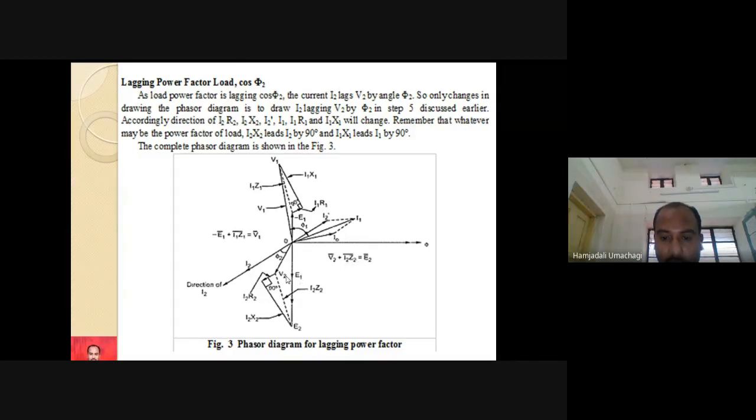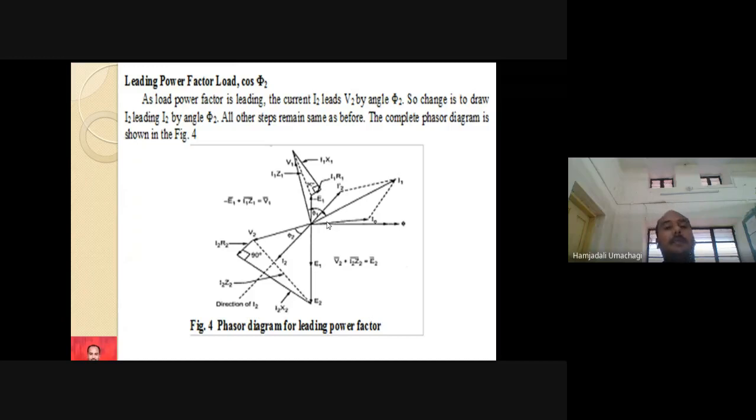E2 is equal to V2 plus I2 R2 plus I2 X2, or I2 Z2. And the top side of the phasor diagram is for what? V1 is equal to minus E1 plus I1 R1 plus I1 X1. R and X together is nothing but Z. And this is for I1 equals I0 plus I2 dash. Is it clear? For all three diagrams, you need to write the equations there.